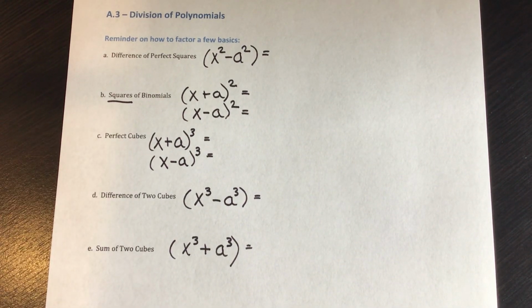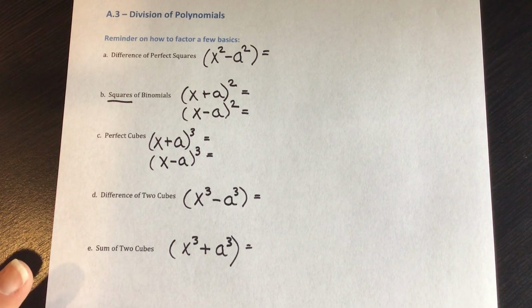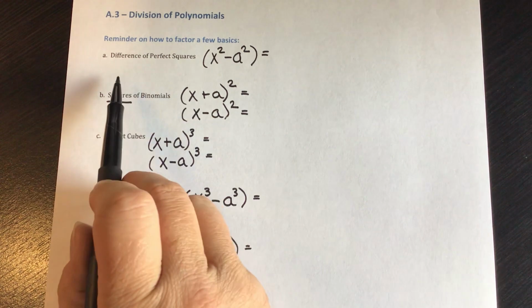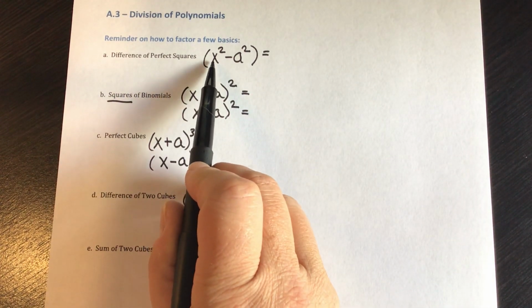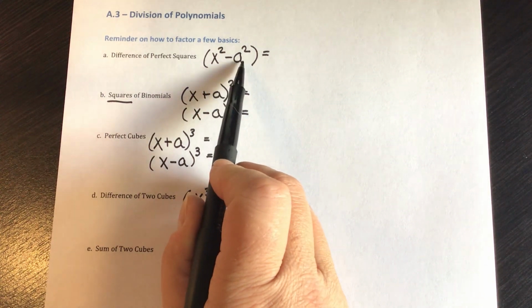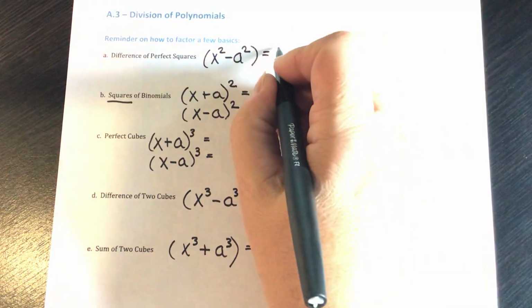In the next couple lessons, we're going to look at division of polynomials. And before we get started with actual division, we're going to look at some rules from factoring. And this is just a review. So if I look at the difference of perfect squares, simple case, if I have a number squared minus another number squared, all right,